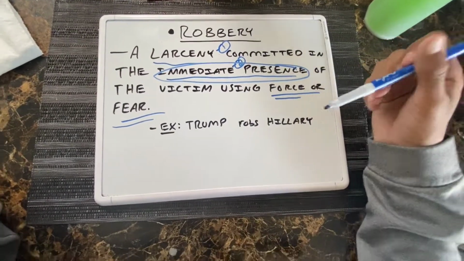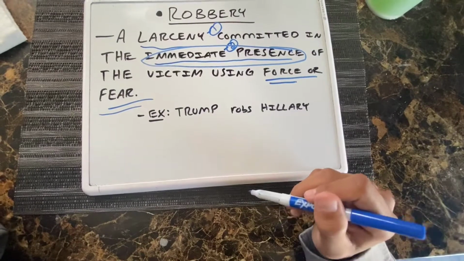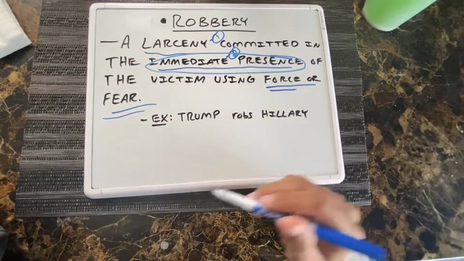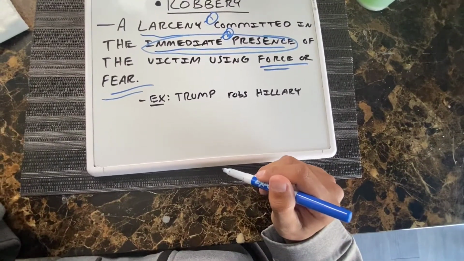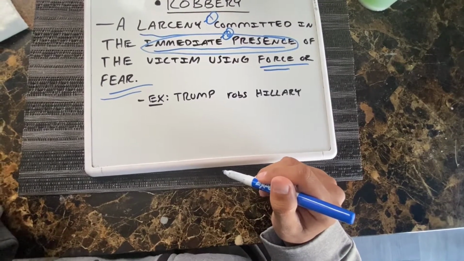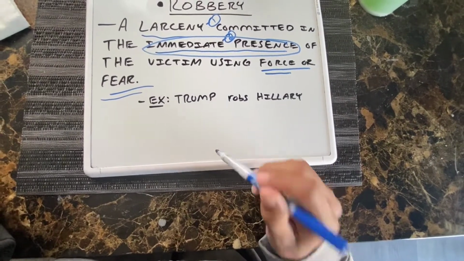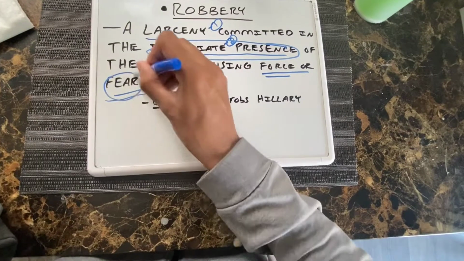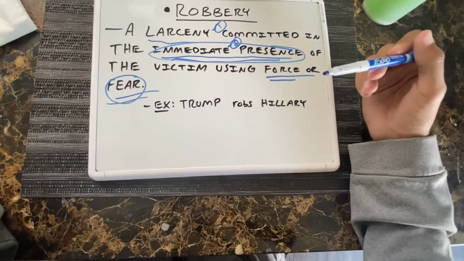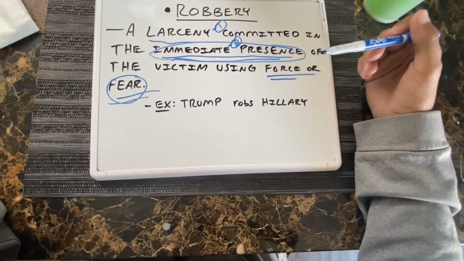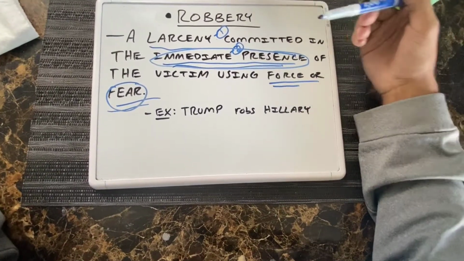An example of this is, let's just say Donald Trump robs Hillary Clinton. Okay, Donald Trump is angry. He says, "You damn Democrats, always giving me a tough time." And he sees Hillary Clinton in the White House, and he points out a gun and says, "Hillary, give me your purse." Hillary's scared, right? Because Donald Trump is using fear in her immediate presence in order to get her property, her purse. And Hillary doesn't want to get shot by Donald Trump or by anyone for that matter. Therefore, she gives up her purse to Donald Trump,